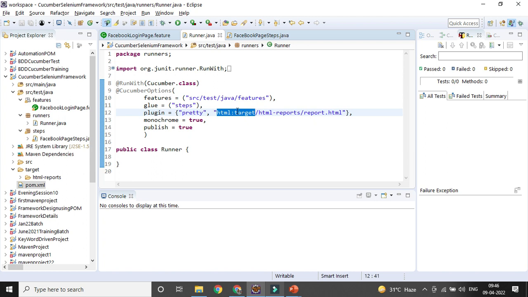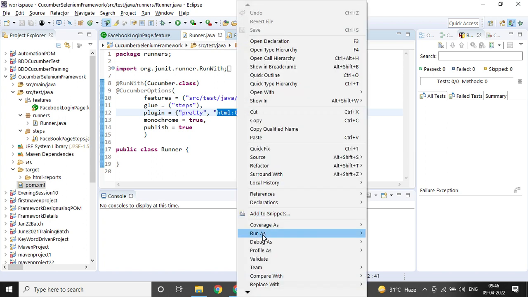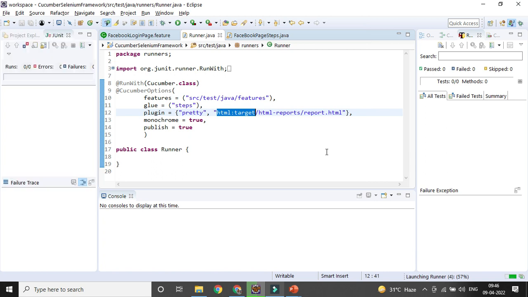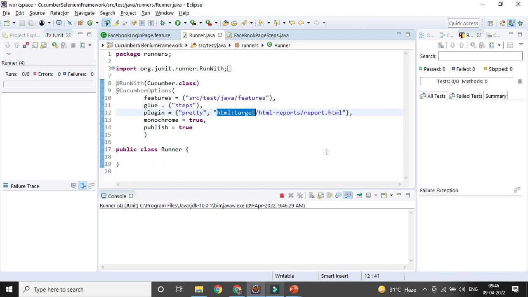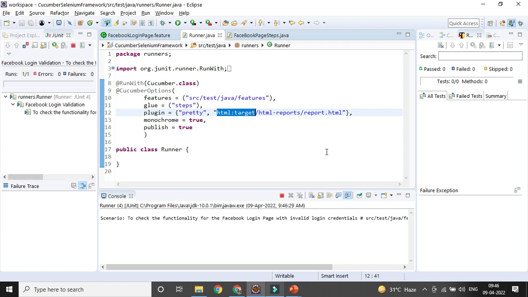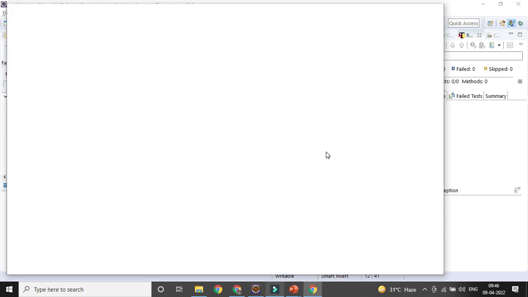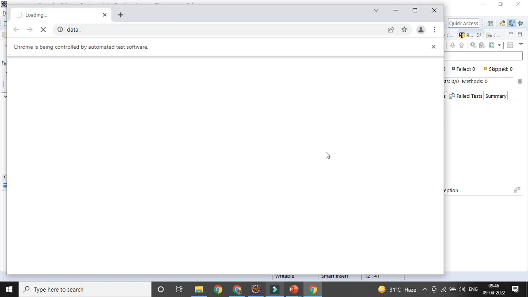So now if you run it, right, you could see here it will be running the features file, whatever was already created in the features package. So it will try to run all the steps defined in the feature file, and based on the step definitions we have declared and defined, based on the features file, it will try to open the browser,